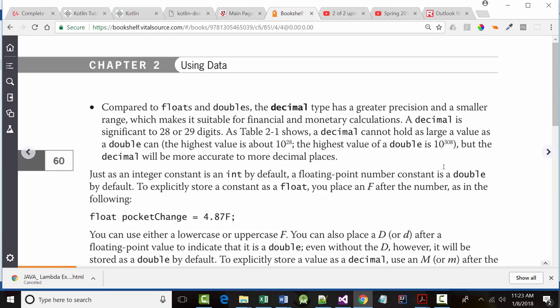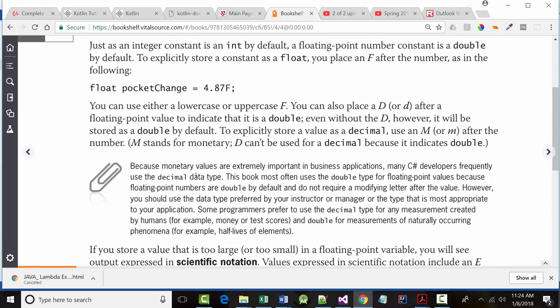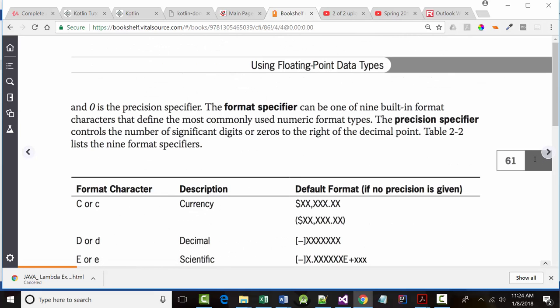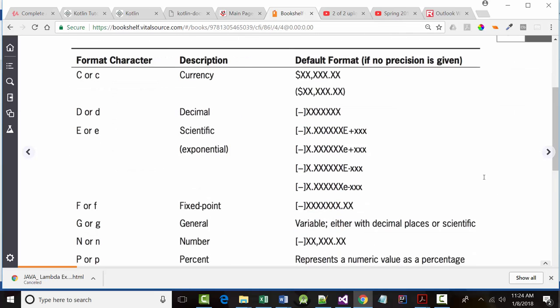The decimal is what you typically will use, all right, if you're working with dollars and cents. In the thing that we're doing, we're not even going to use decimal. All right? I'm just going to use doubles. Wow, they use pocket change. I didn't even know they did that. Maybe that's where I read it from. You can also work with scientific notation or e-notation. Unless you're a scientist, you probably don't care. All right? Now,